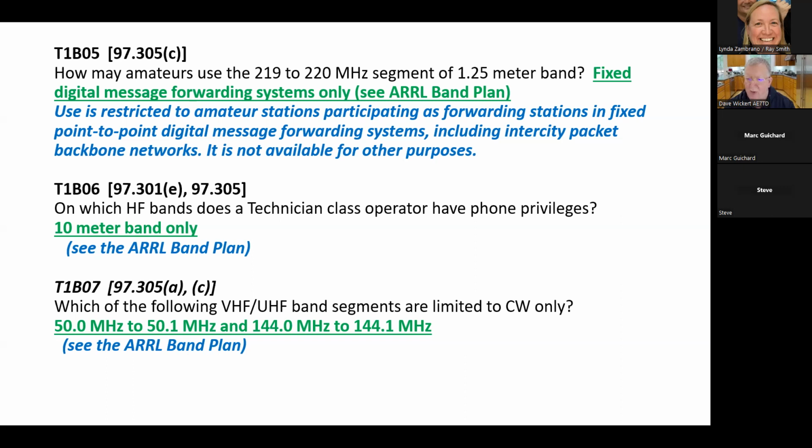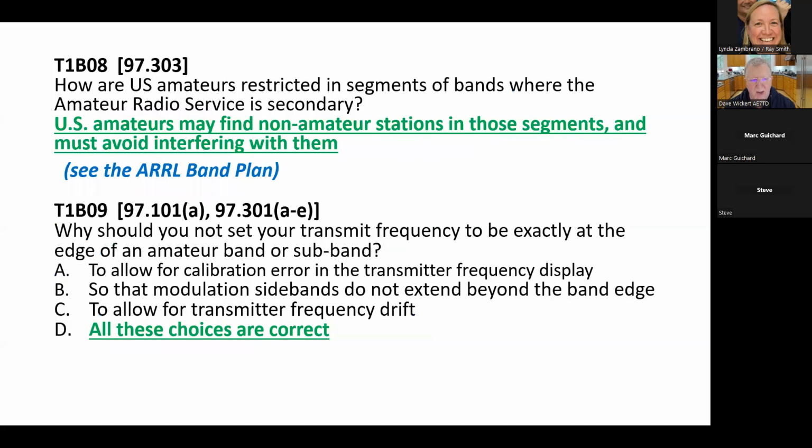But at the bottom of the 6-meter and at the bottom of the 2-meter bands, you'll see that you can use Morse code. And there are some ham radio operators that will use Morse code on those bands because it has particular radio propagation characteristics. I'll leave that discussion over to the propagation people to talk about.